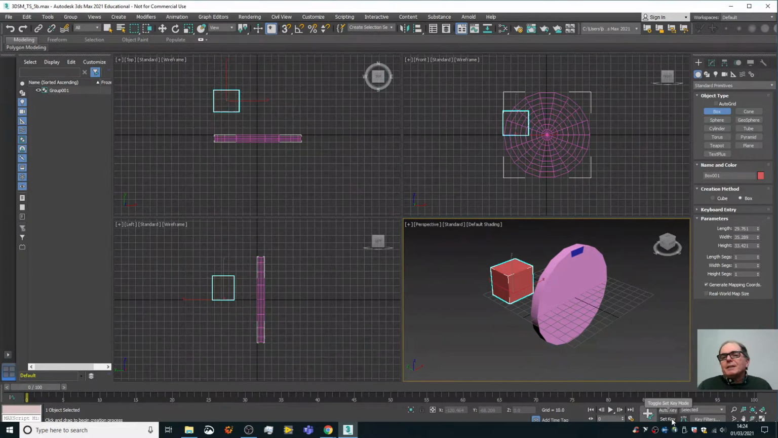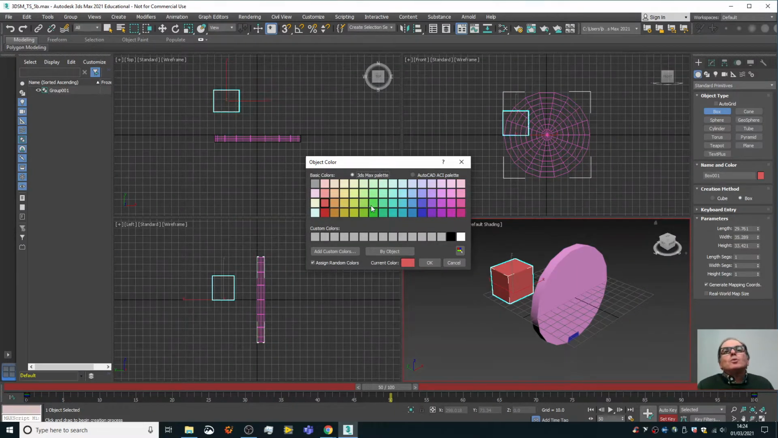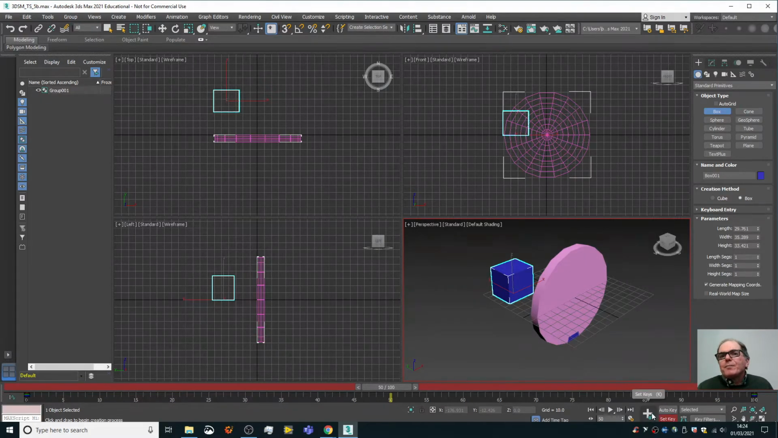We're going to set key. So we have a first key here at the beginning. We have a key in the middle. At the end, sorry. The same. And then in between, here in the middle, what we're going to do, we're going to change color to blue. Okay. And I'm going to set a key here. And when you run the animation,